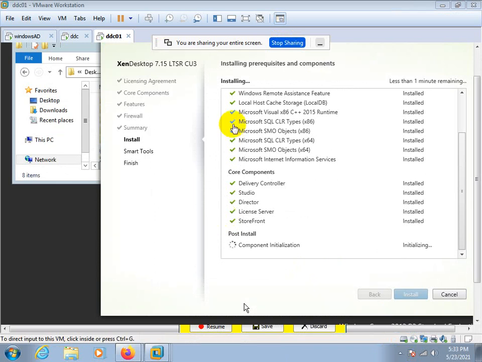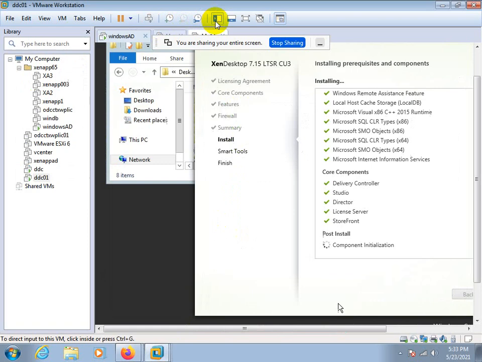We can also do one more thing. We have a 6.5 environment here. We can migrate the servers from here to 7.x, remove them from the farm, and add them in the site. We'll do that in the next session, or most probably I will add the same thing in this video and then upload it, so that you get all the things in a single video.